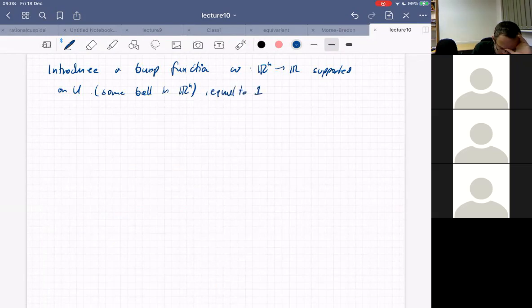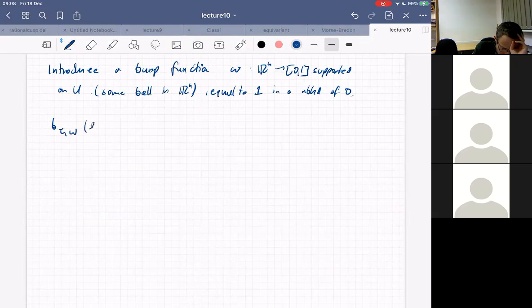Sorry, so maybe let me be more precise. 0, 1 equal to 1 in a neighborhood of 0. Okay, so this is like a standard function, and then we define b